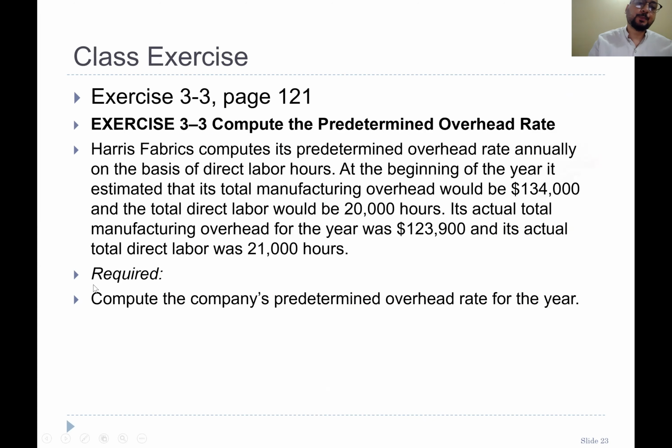Here we go. So let's talk about this. Harris Fabrics computes its predetermined overhead rate. The question itself mentions how they calculate the predetermined overhead rate. They determine the overhead rate annually based on direct labor